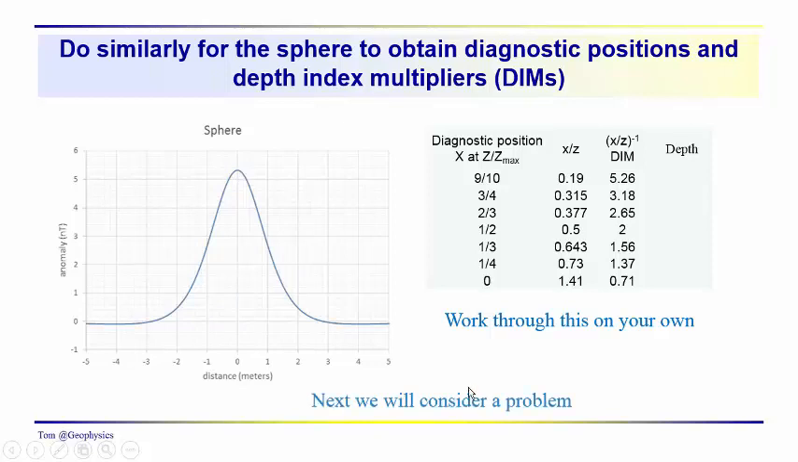So next time we'll consider a problem and we'll kind of put these ideas into practice. If you have questions on this and would like some clarification, I could spend some more time maybe on Solver. But hopefully that gave you a good review and refresher of simple geometrical objects and the idea of diagnostic positions and the depth index multipliers as a way to obtain the depths to the center of objects that you think,